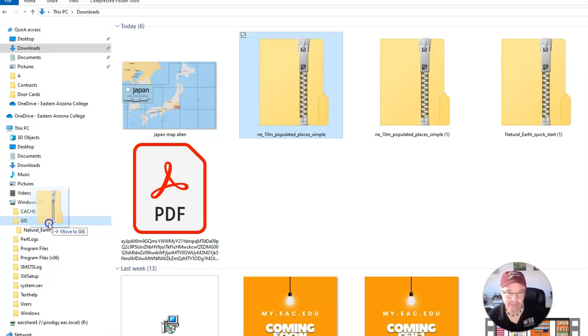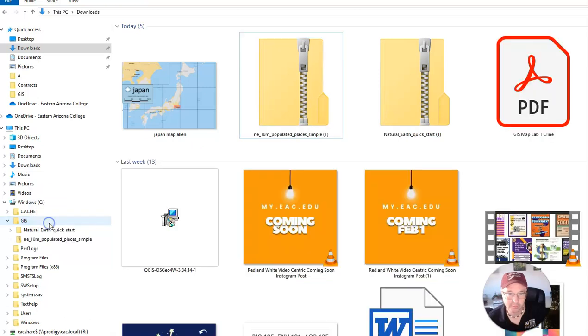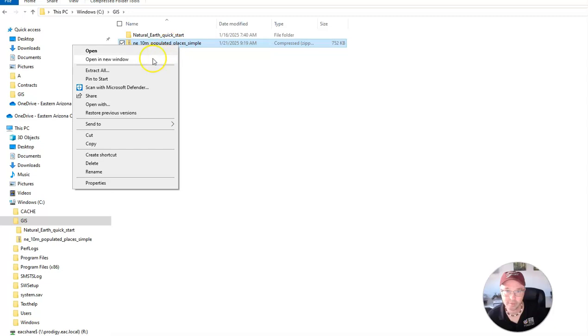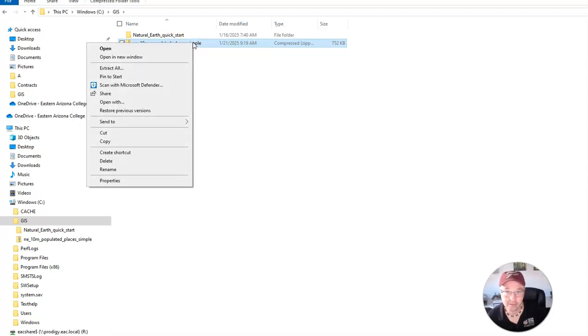Again, so I created that GIS folder specifically for my lab materials. Again, if you're using someone else's computer, you're going to put this into your thumb drive or an external drive. But I created this folder specifically for my lab materials, so I'm going to put that in there. And you can see in this folder I've got last week's materials in there and this week's, and so I need to unzip this or extract it because it's compiled. So I'm right clicking on that file and I'm going to click extract all,